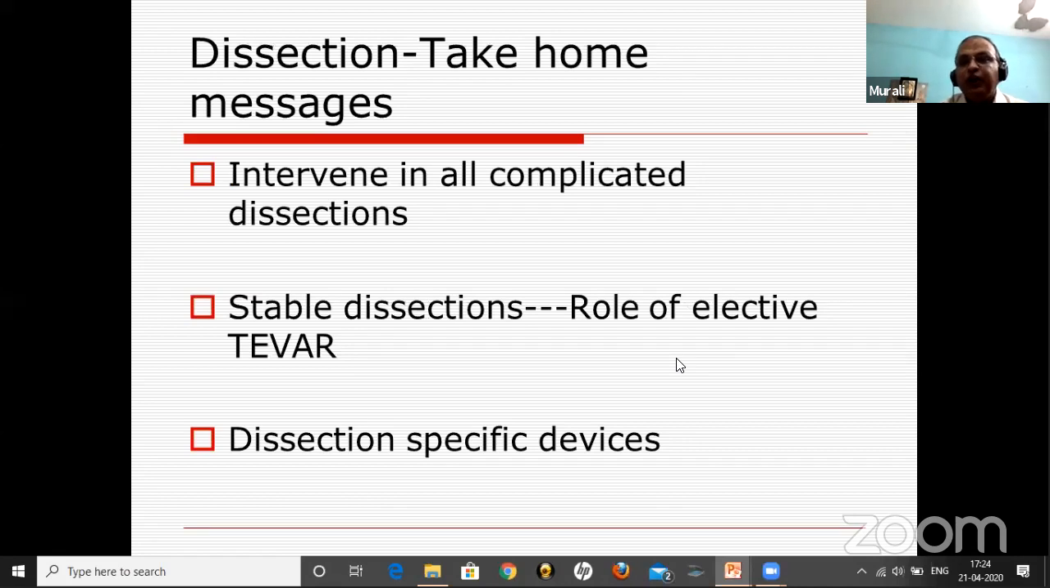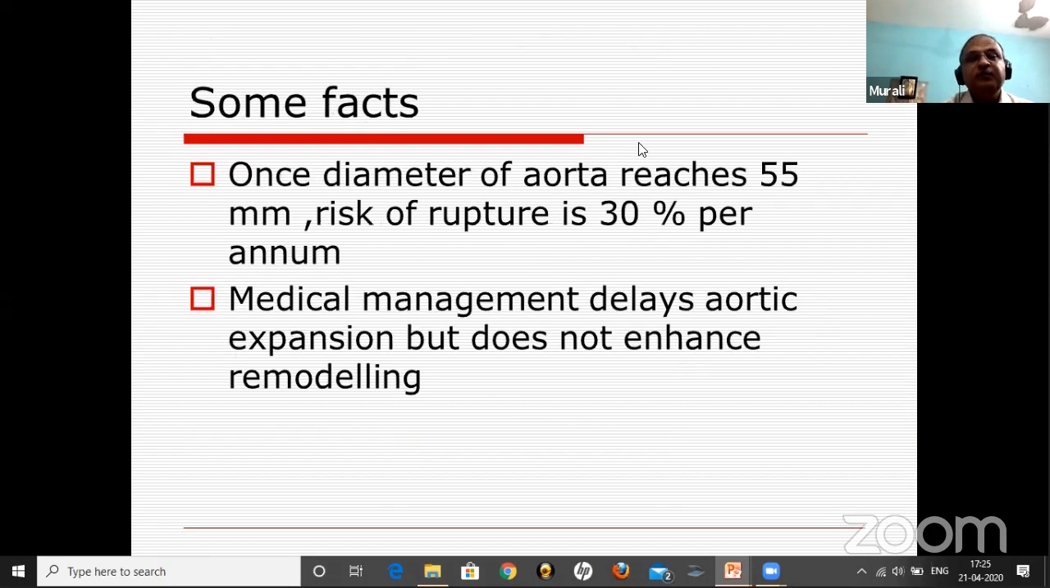Yes, there are a lot of papers which suggest that we can do it. And if you're going to do it, don't do it in the acute phase if the patient is stable. Bring him back after 2 months or after 6 weeks, you can do it. Why we can do it is because of this. Your medical management delays your aortic expansion, but the aorta does not remodel. If you put in your stent graft early,